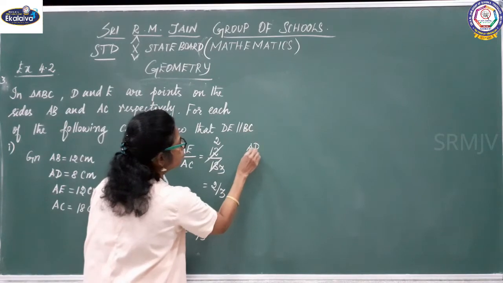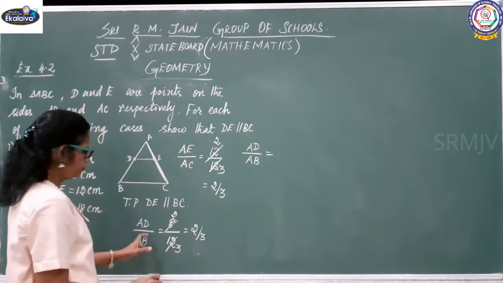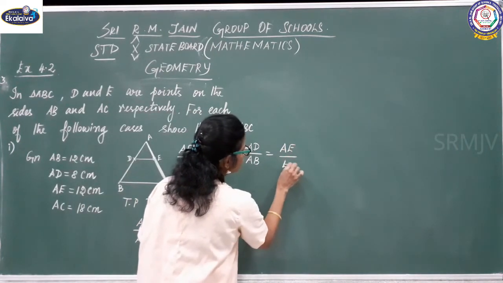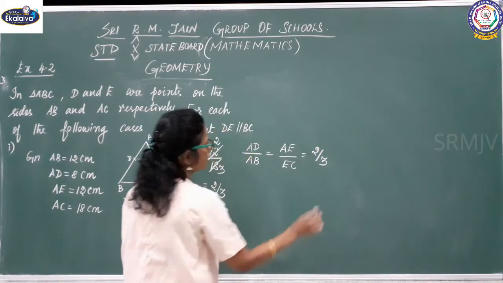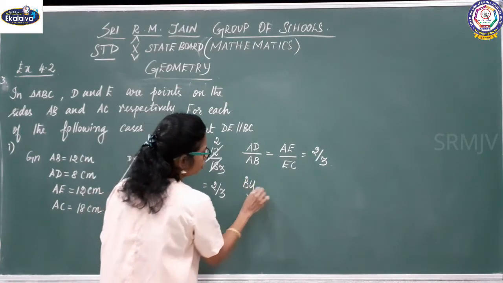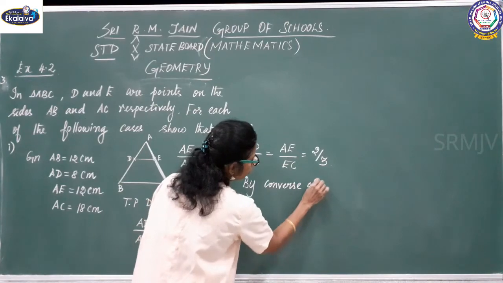AD by AB equal to AE by EC, that is equal to 2 by 3 you said, right? By converse of BPT,